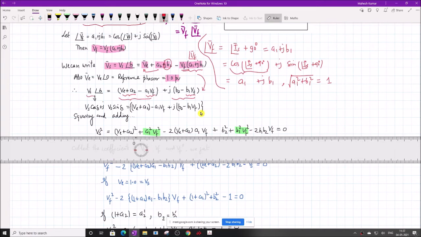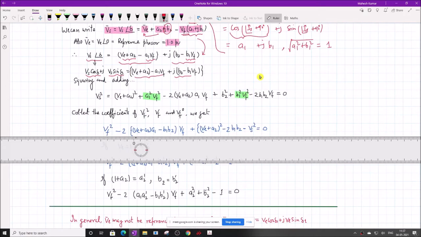And on this side we also have a real and imaginary part in terms of sine and cos theta. So BS angle of delta can be written as BS cos delta plus J BS sine delta, equal to this real part and this imaginary part. So if they are equal, then the real part must be equal to the real part and the imaginary part must be equal to the imaginary part. That is fine, but we will solve for the BF. Therefore, we will square and sum them.